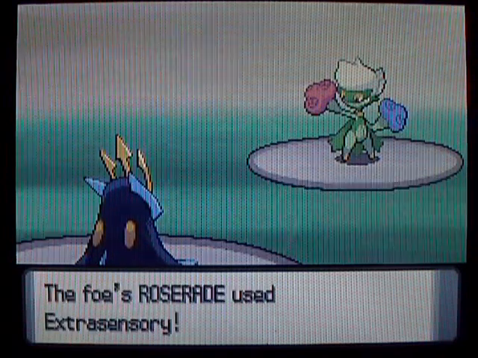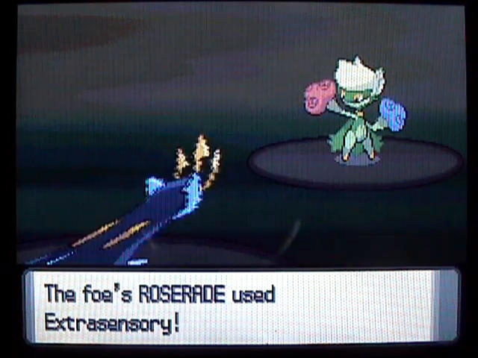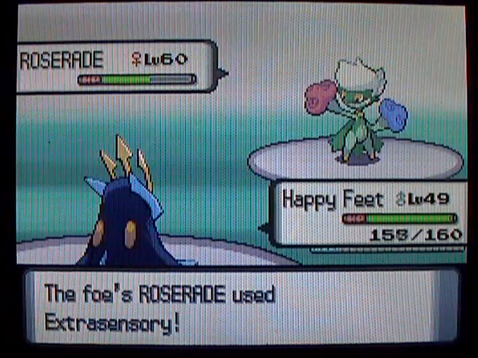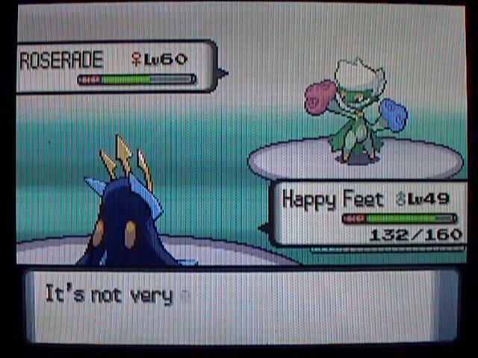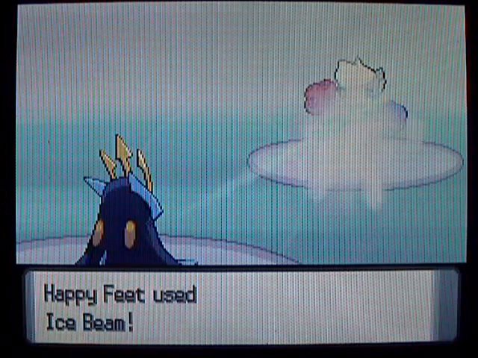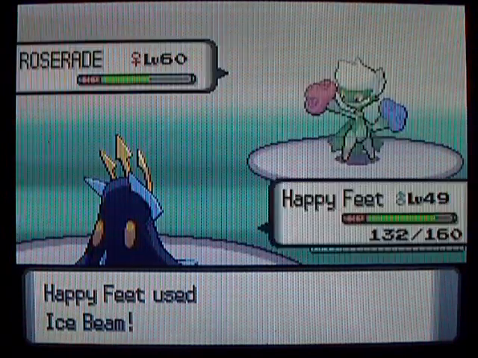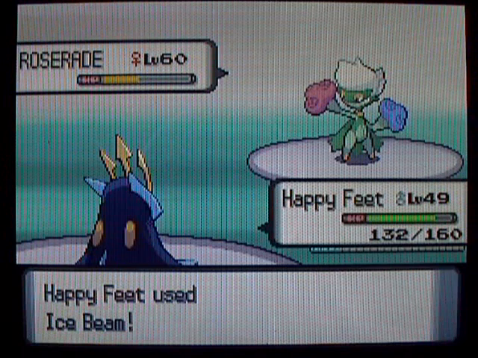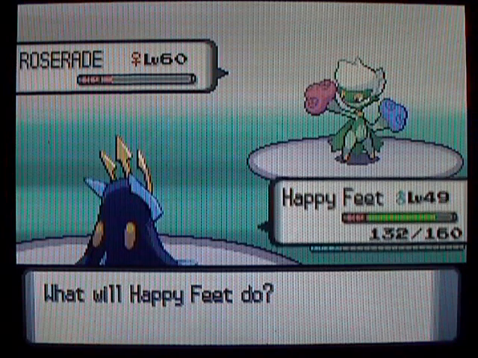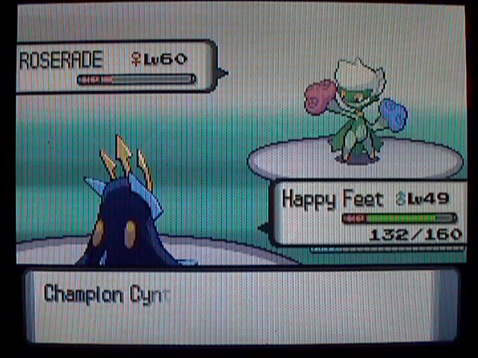Okay, so I'm just going to go with Ice Beam again, and luckily it's going to use Extrasensory, which is a Psychic-type move. Now, I was banking on it not using Energy Ball again, and I got kind of lucky. I knew it wasn't going to use any of its Poison-type moves, because those wouldn't work at all. So sometimes you just have to get lucky with Cynthia using the wrong moves. So Ice Beam is going to do a lot of damage, but she's probably going to use a full restore. So, that means we're probably going to have to get...